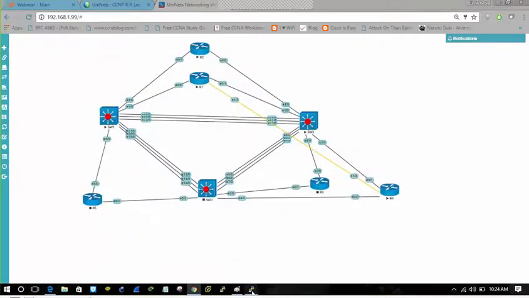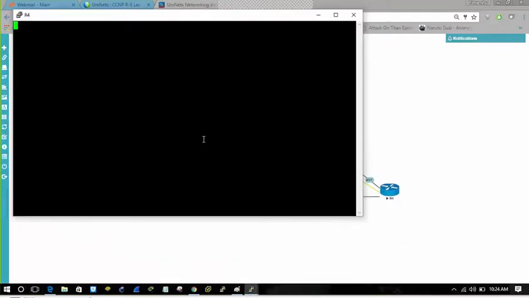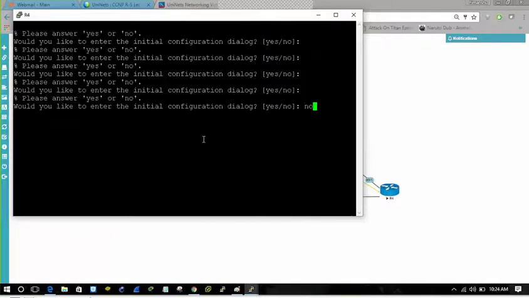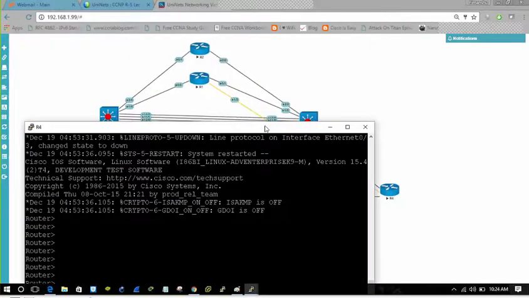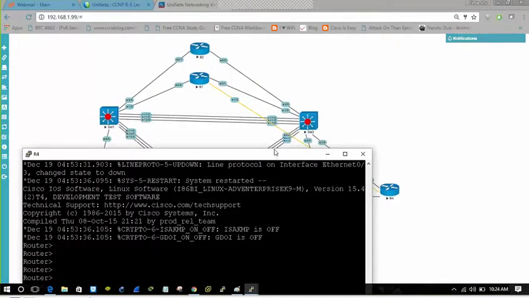Let's move on to the R4. The R4 interface that is connected to the switch 1, switch 2, is Ethernet 0/1.